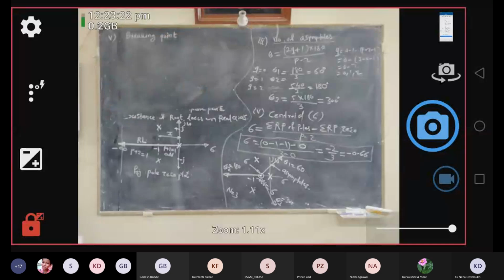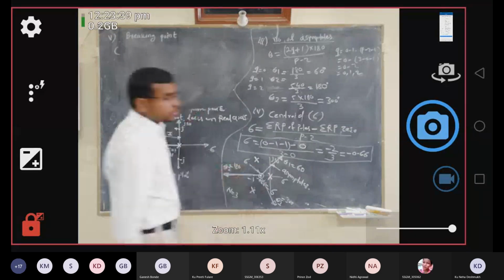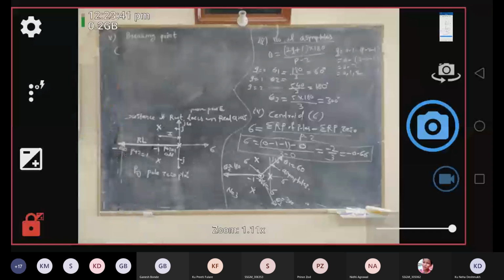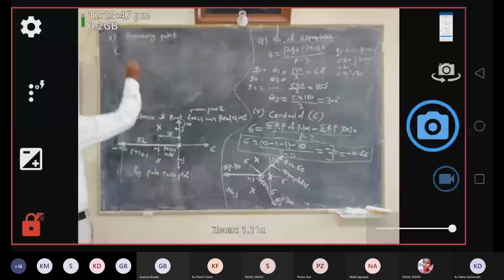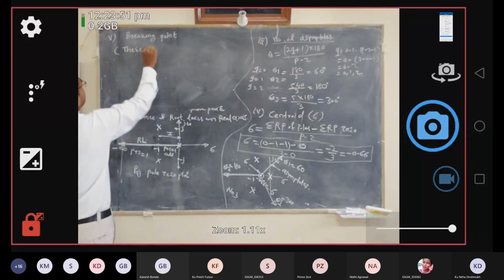So is there an existence of breaking point in this case? Can you tell me? कोई two consecutive poles है क्या यहाँ पर, poles या zero on the real axis, when there is existence of breaking or breakaway point? Okay, so for this problem there is no, we just write down, there is no